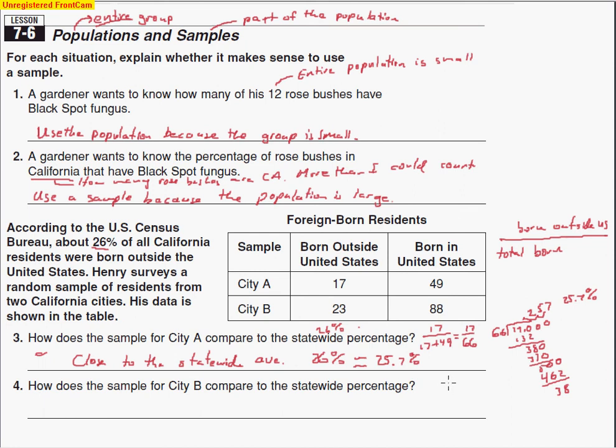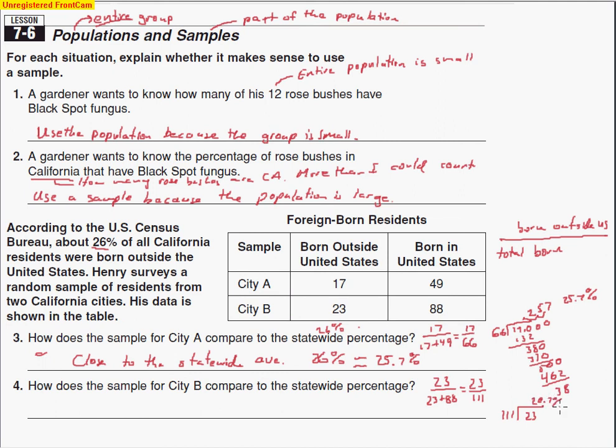Well, the next one, same sort of thing. So off to the side, I'll do some work there. 23 is the number of residents born outside the United States in this city. And then if we add up the total numbers, 23 born outside, 88 born inside, and we end up doing that addition, and we end up with 111. And so again, when you're doing that math, you're doing the top dog goes in the doghouse, so it's 111 on the outside, 23 on the inside. Well, I went ahead and did this division already, and it comes out to about